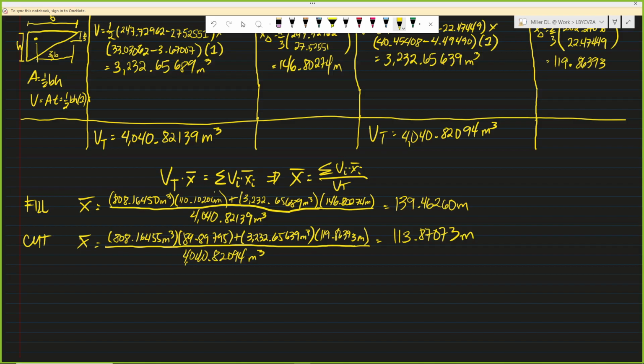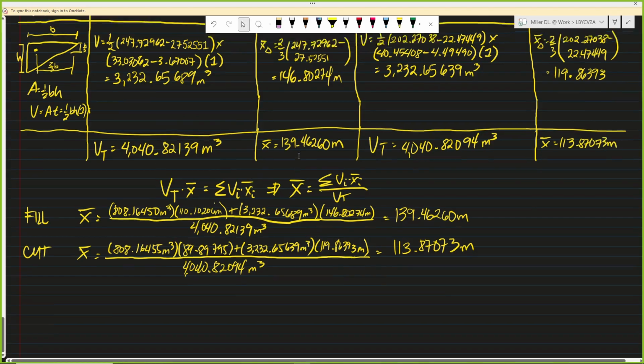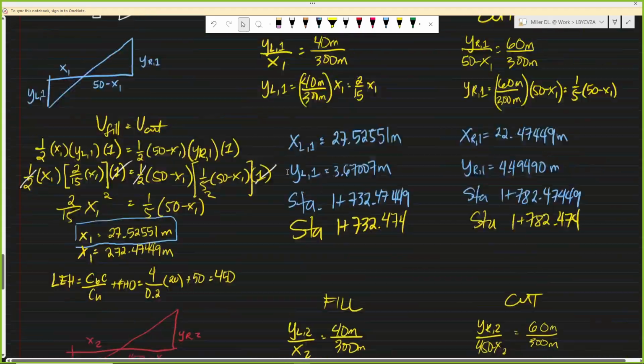Okay? So, x bar natin is 139.46260 meters, and sa cut naman is 113.87073 meters. Now, etong x na to, kasi 'di ba kanina mayroon tayong